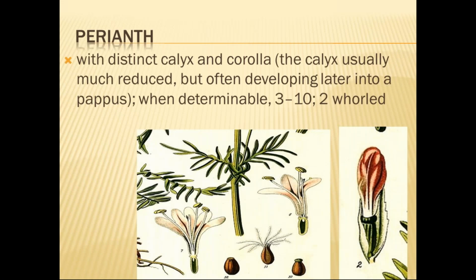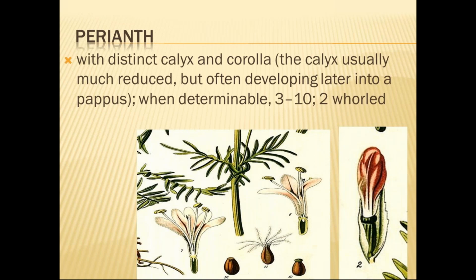They have distinct calyx and corolla in this family, but it is a perianth because the calyx is very small and reduced, and it may develop into a pappus. We are shown two photographs. In the left photograph we see how the perianth is present. It is generally corolla-like, because it is white colored, having a distinct white color. In the second one, at the bottom of that corolla there is an inferior ovary, and in between there is a small curvature. That becomes a calyx.